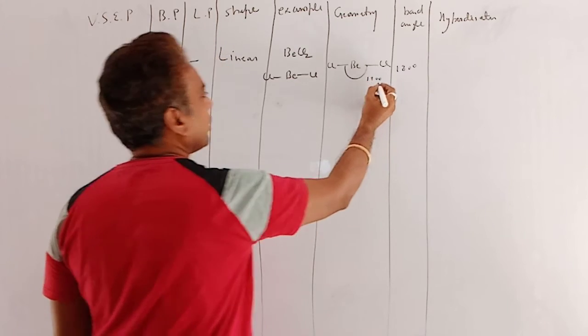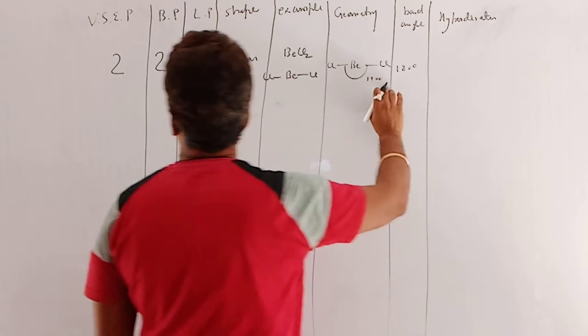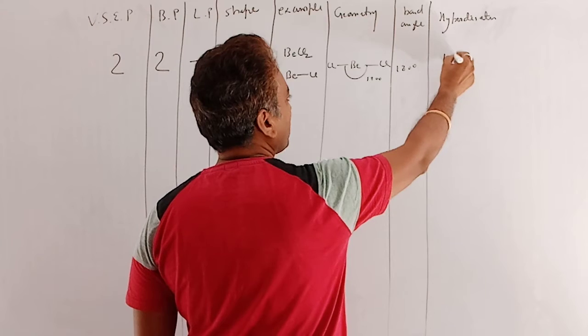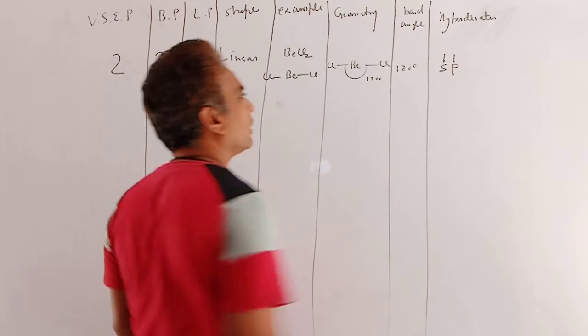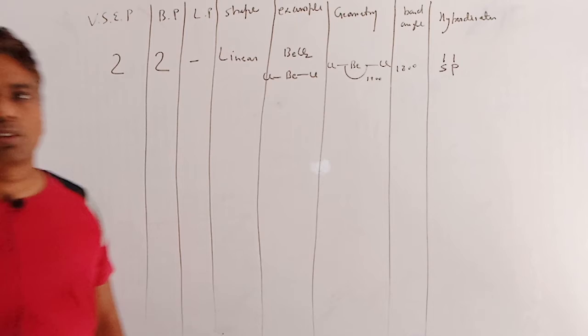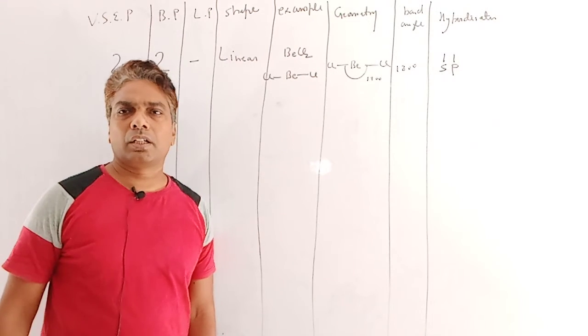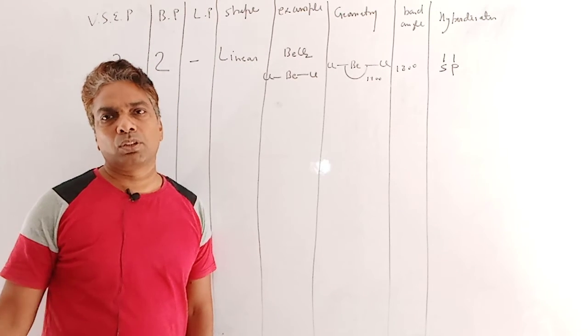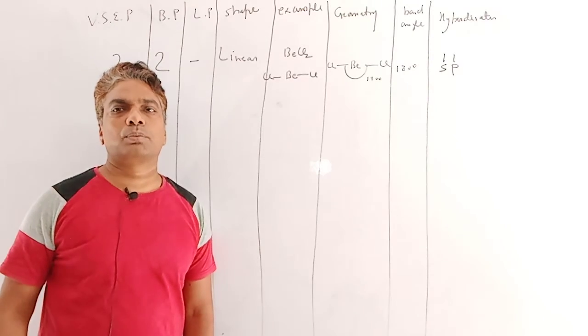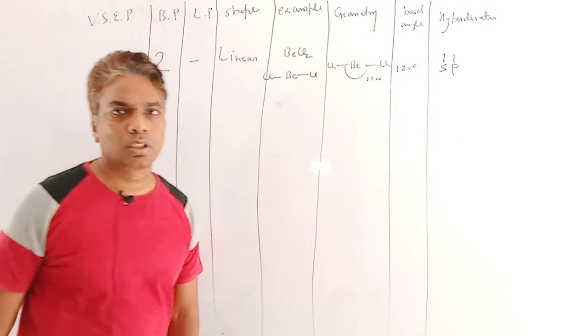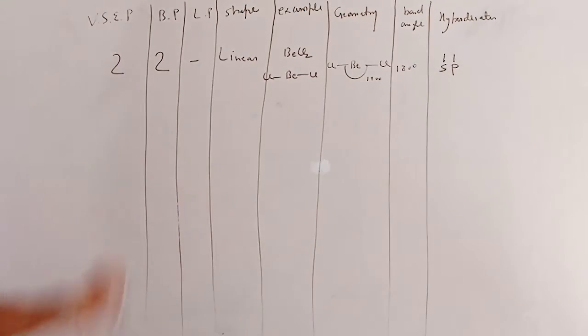And how will you write the hybridization? So we have 2 VSEP, 2 lines are drawn. One is for S and another is for P. If we have 3 VSEP, 3 lines are drawn. One is S and the left 2 are P. So here is sp2. 4 lines, sp3. 5 lines, sp3d and so on. Clear? So hybridization will be sp.